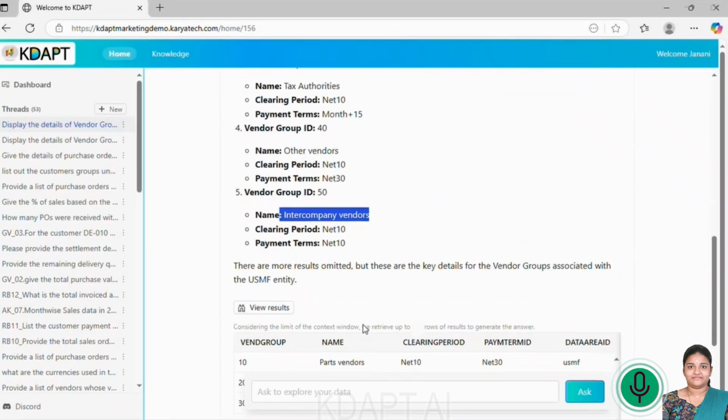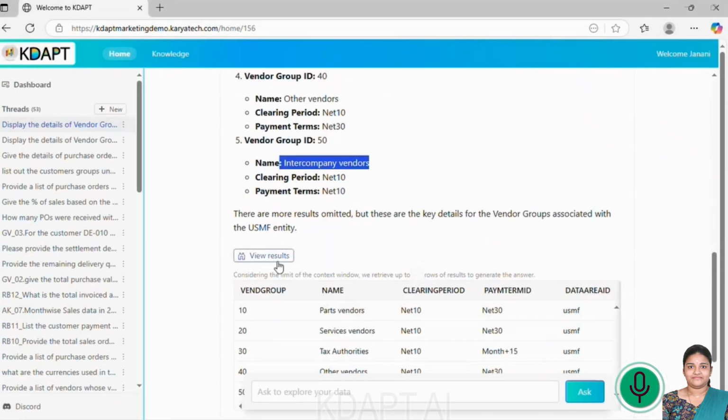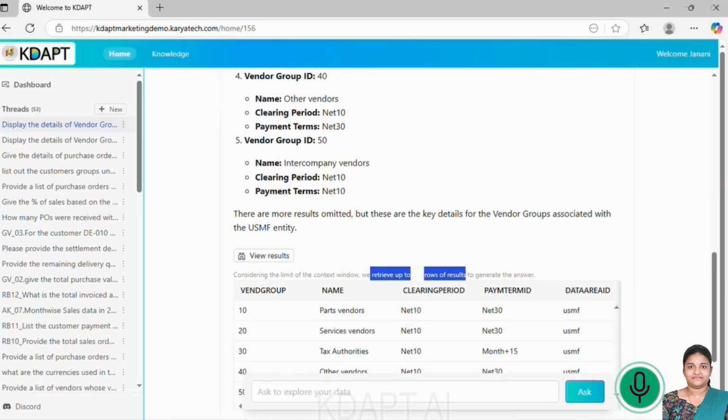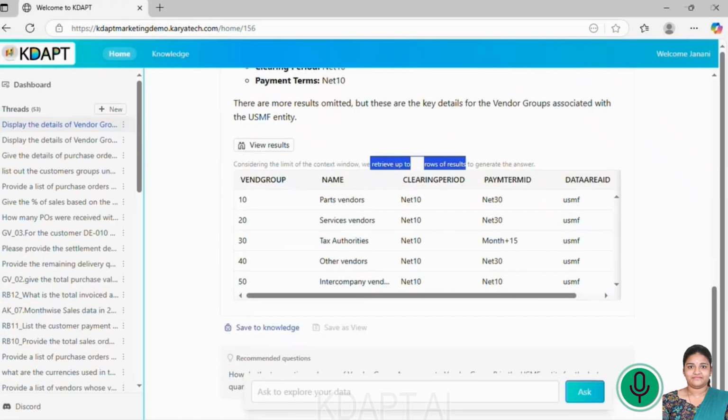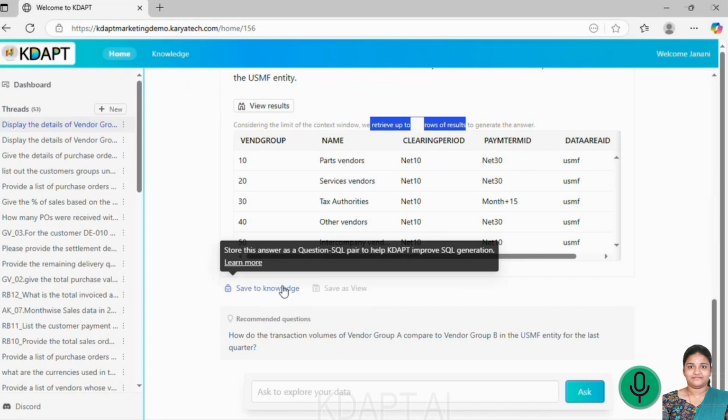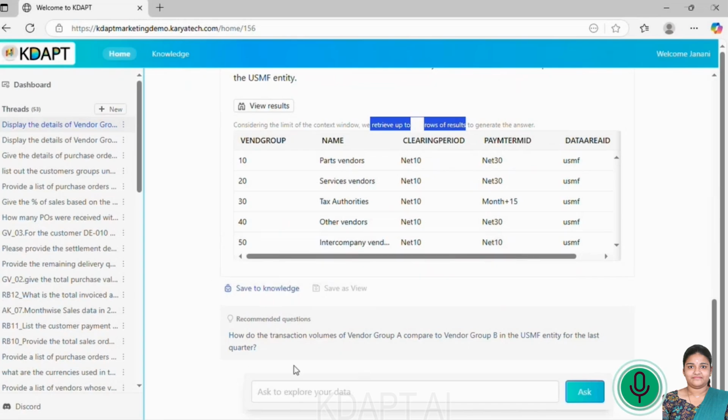What you see here is a clean, organized view of all the vendor groups defined within the USMF entity, with all the essential attributes laid out, ready for analysis or action. You can save this result to the knowledge for future use by clicking on the Save to Knowledge option. You also get a few recommended questions auto-generated by the system that help you get complete knowledge of what your data says.